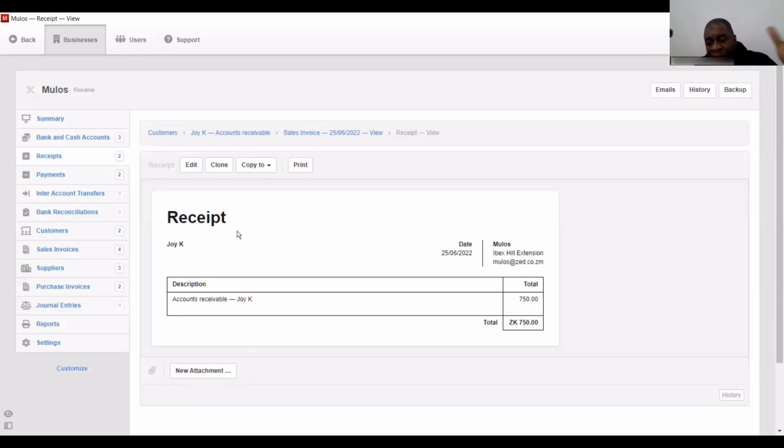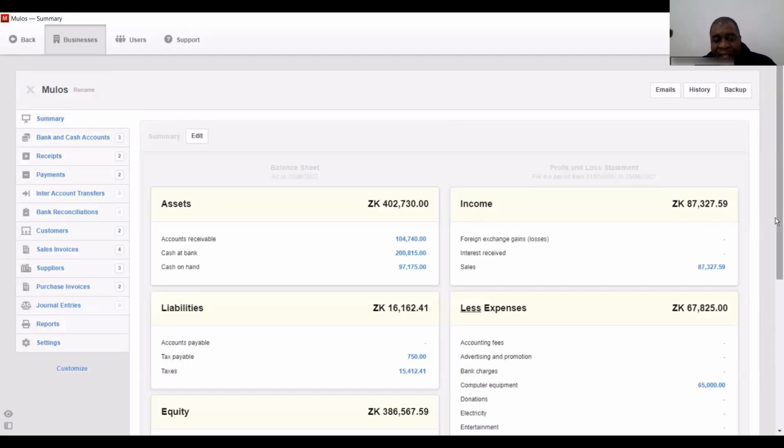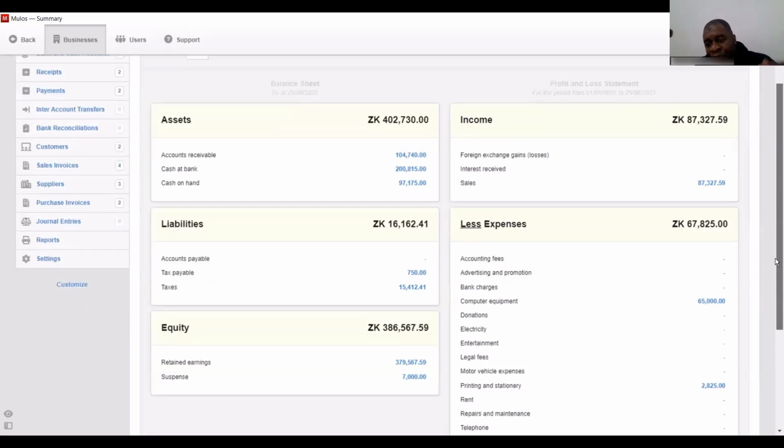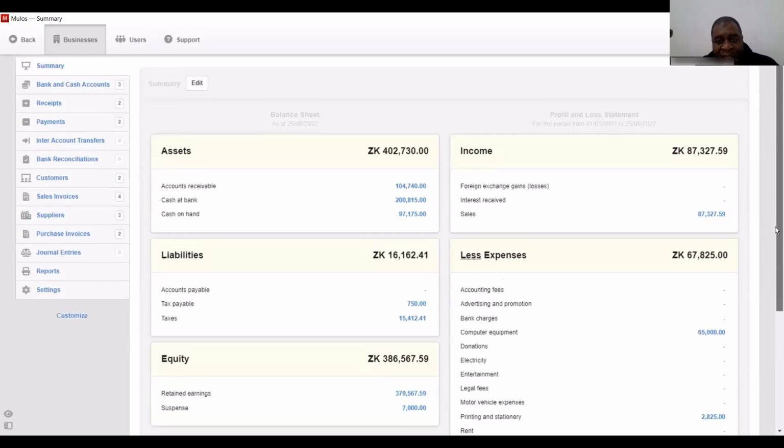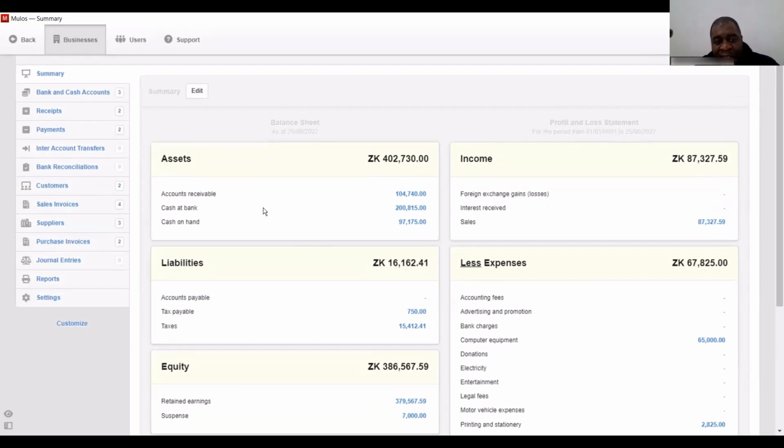All right, so now once you've done all this transacting, if you go under summary, it's going to have auto-populated all this information. Under your accounts receivable, this is what is due to you from your customers. Cash at bank has adjusted for what you have paid and what you have received. Cash on hand, what you have paid and what you have received has been adjusted. Then here, the total sales you have made is going to show. You've sold